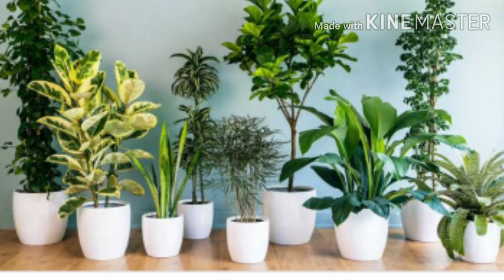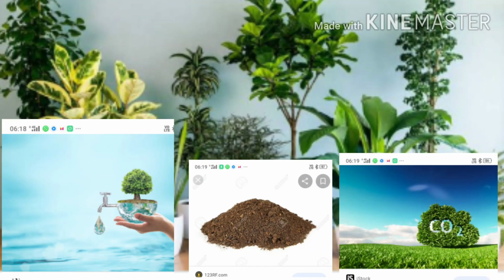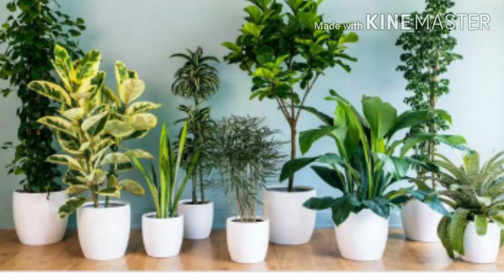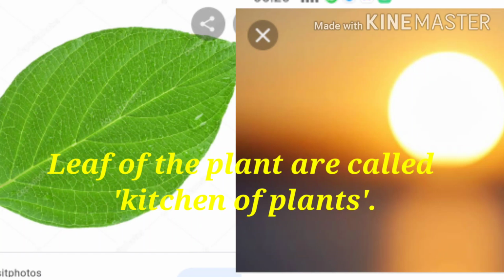So students, plants make their food with the help of water that they get from soil and carbon dioxide from air, and in the presence of sunlight, leaves put together water and carbon dioxide and convert them into food or simple sugar.